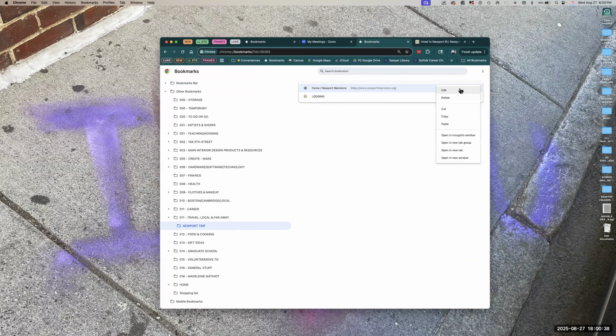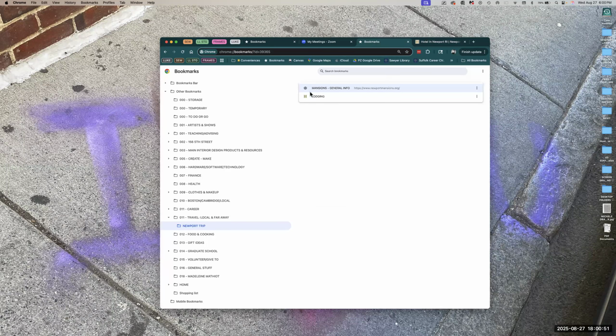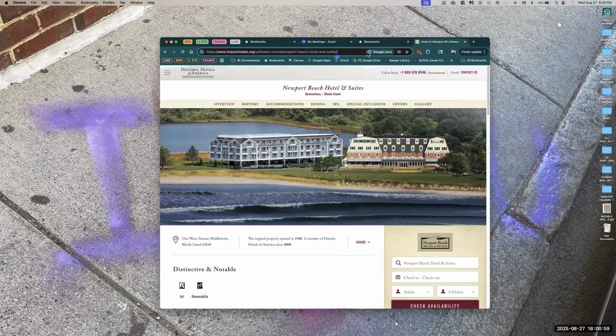So I could edit this. I can edit it when I make it a bookmark, or I can edit it now. It just says that this is going to be the mansion's general info. So I can get specific and I can tell myself what it is I want. What I haven't done, notice, is I have not touched the URL. So I can continue to go back and forth and add all sorts of things regarding this trip, such as